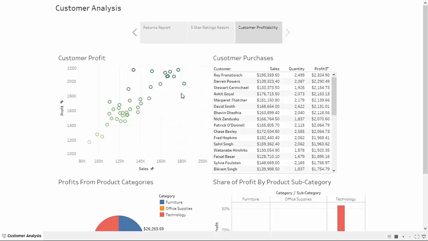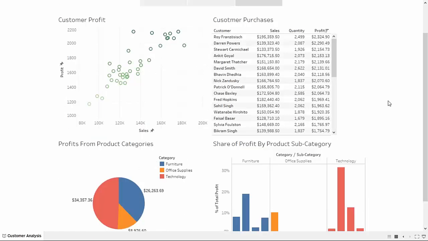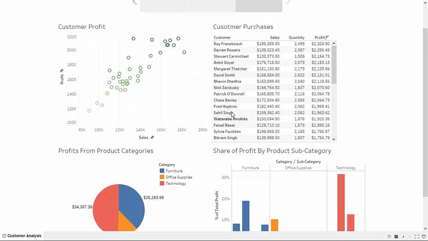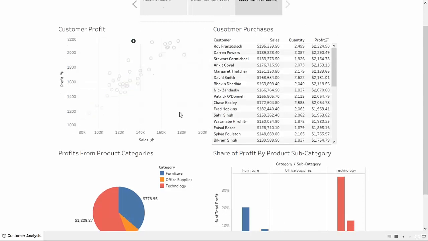So identifying customers who bring most of the business is imperative to maximizing your revenue. You can analyze their purchasing patterns and try to shape your marketing efforts so as to induce that behavior in all your other buyers. So like I said, this scatter plot can help you identify most profitable customers and drill down further into their